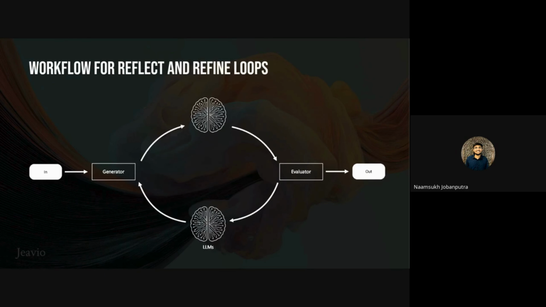And the last one we have is the reflect and refine loop, which is basically for creative work, where the output quality matters a lot more than the speed. Whenever we have a creative task, we generally use this reflect and refine loop, where there's a generator function which would generate the content each and every time, and then there will be an evaluator which decides if it should go through the loop again or whether the content generated via this LLM workflow is enough or not. We'll cover the LLM reflect and refine loops more in the n8n